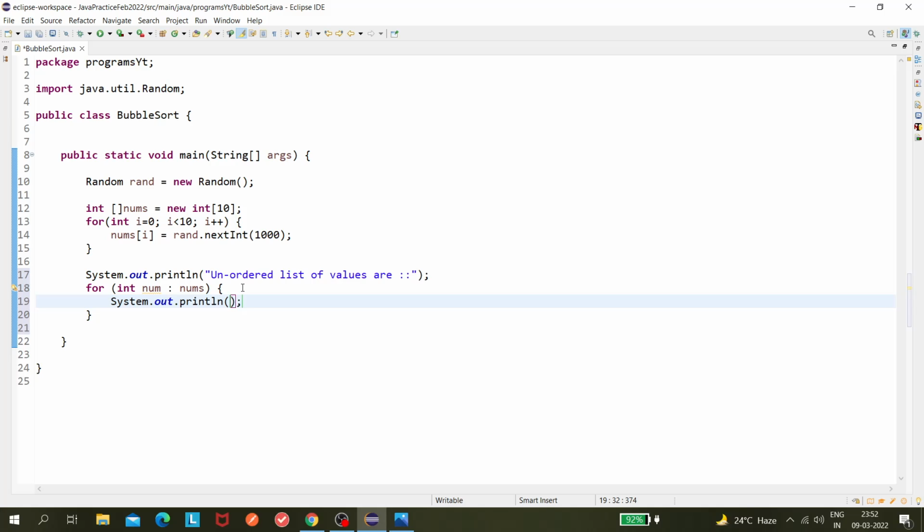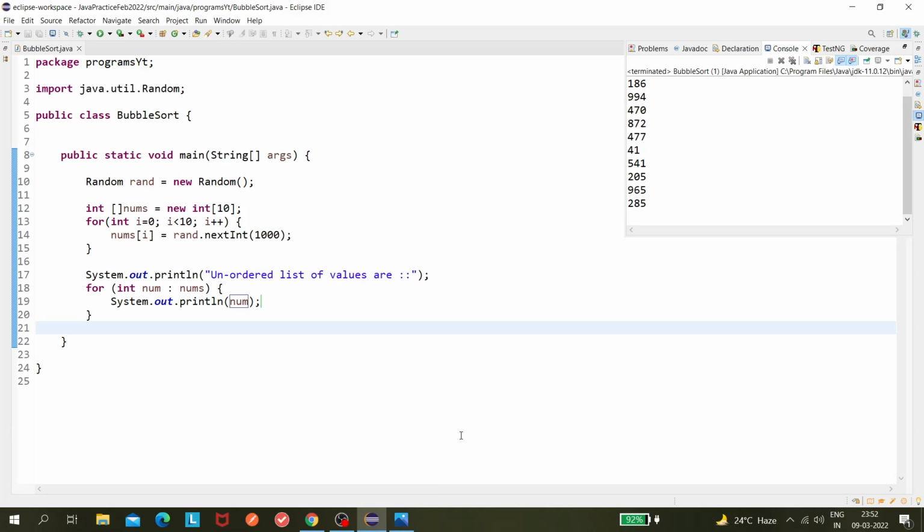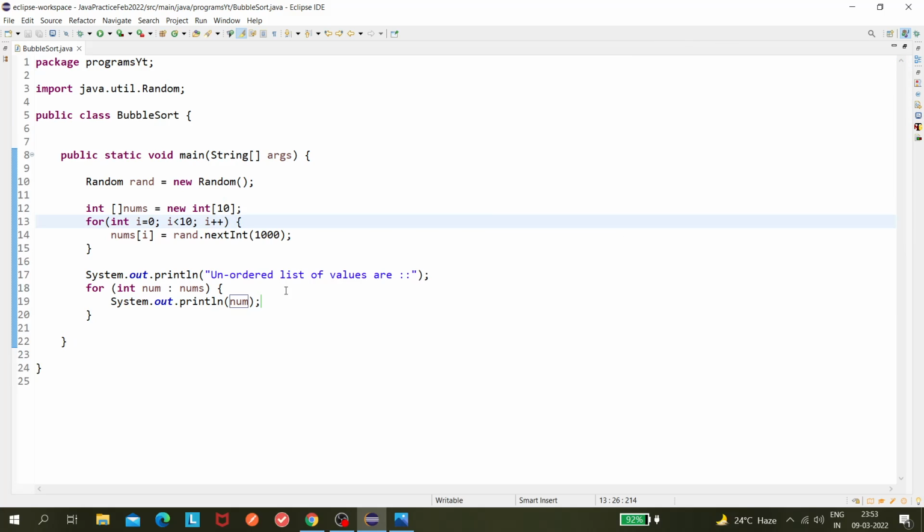So let's print the values one by one. As you can see, we get some random values in this array of 10 elements, which can store a maximum of 10 elements. Okay, so we got the list of values, and now we will be sorting those values